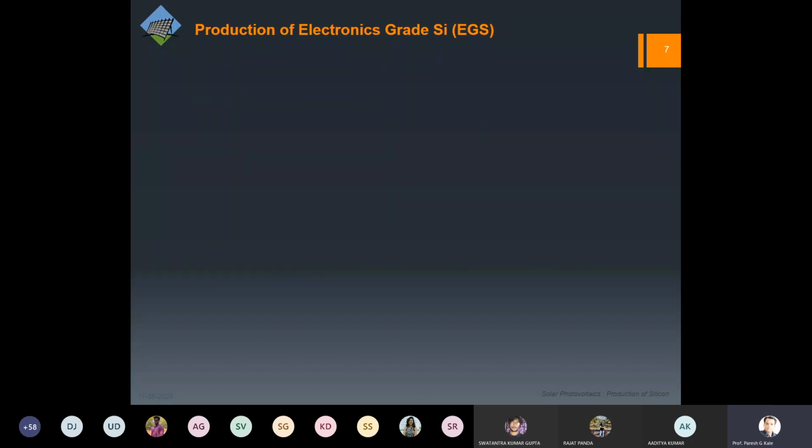Okay. So next stage would be to purify this MGS further, and we call it electronics grade. Remember, solar grade we will not be talking about as of now, because it might lead to confusion and break the flow of whatever we are talking about. So let us keep solar grade silicon out of the question for now. We will come back to that. So let us talk about the electronic grade silicon, and this will carry in 3 steps before we make the